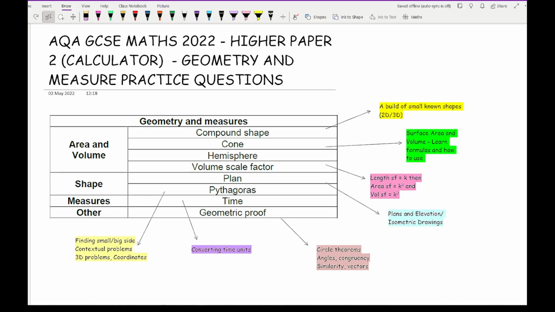Now vectors, I would say, is less likely. I think they would have mentioned that as a separate unique topic if the geometric proof question was going to involve that. But I would say most likely it's going to be either related to angles, circle theorems, congruency, or